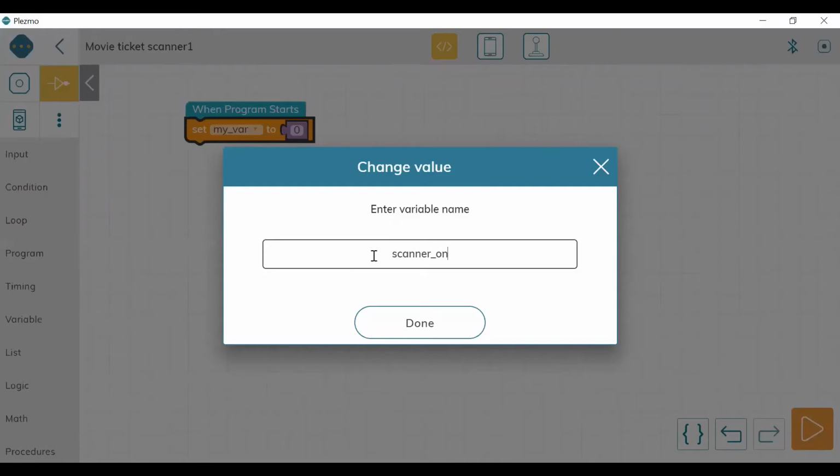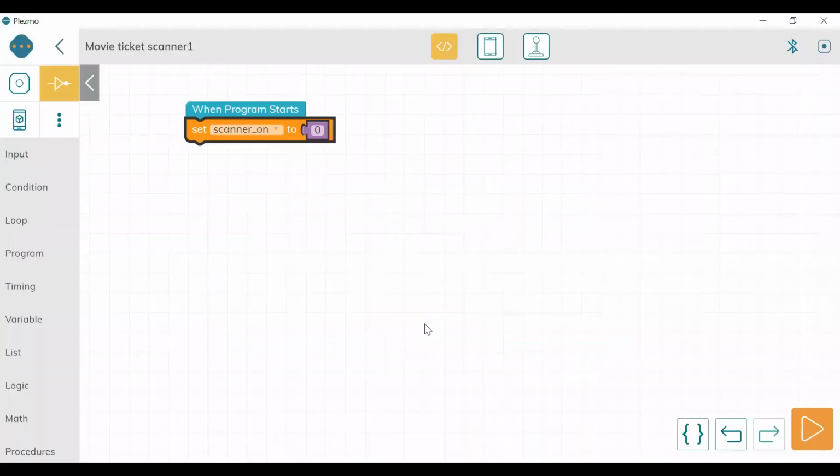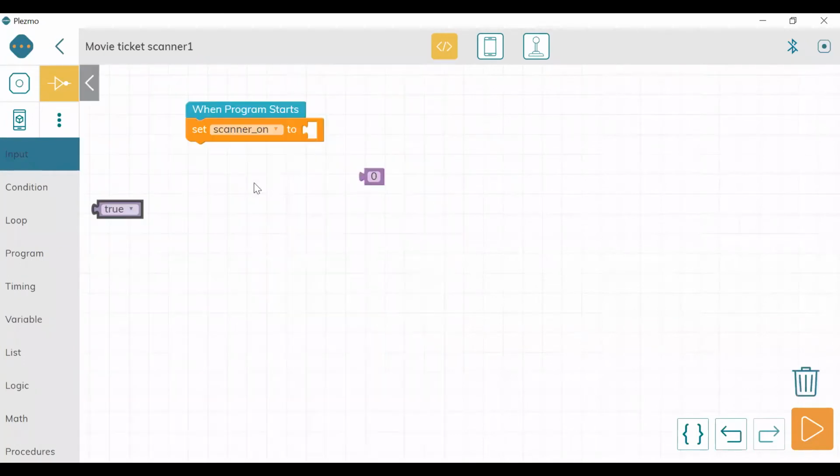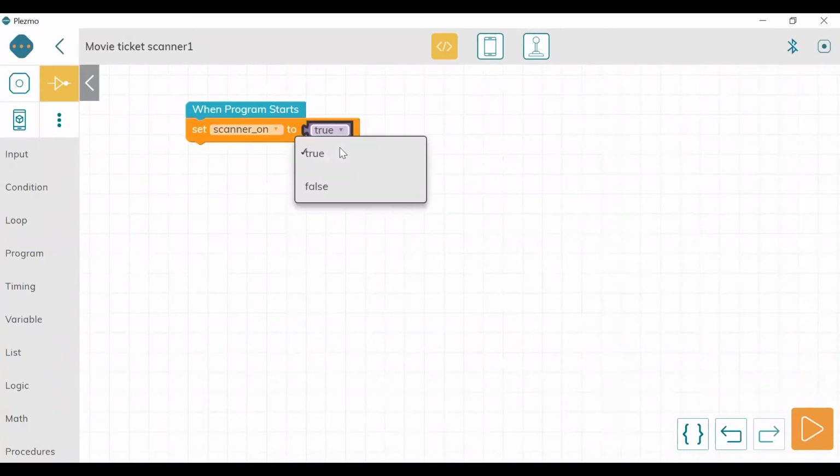Remember, it does not take a hyphen sign, so I'm taking an underscore. We don't want 0, we want false. So where will we go? In input, here it is true or false. We are going to delete whatever is not required. So when the program starts, the scanner is off.